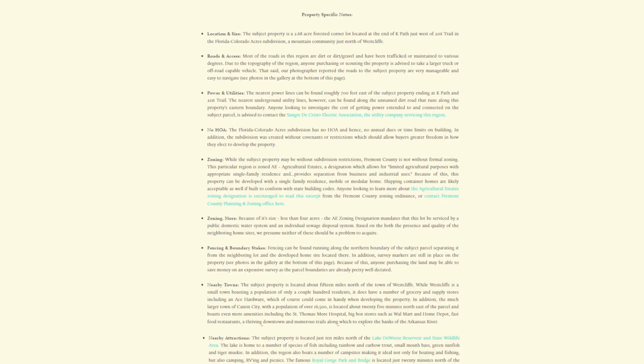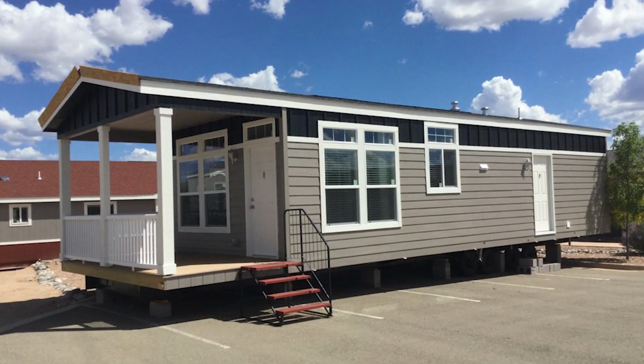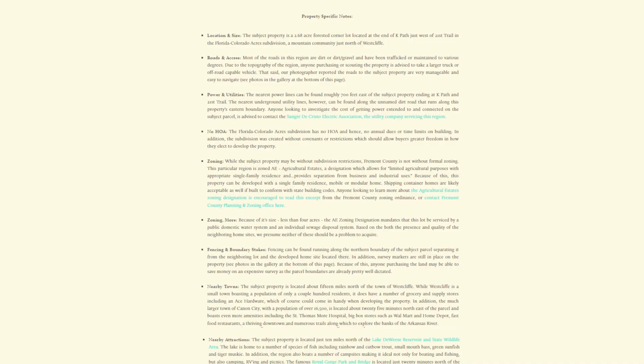What I get from reading the zoning ordinance is that, as always, single-family residences, mobile and modular homes would be acceptable out here, as well as likely any sort of shipping container home built up to code. And as always, guys, anyone looking to learn more about the AE Agricultural Estate zoning designation can come down here